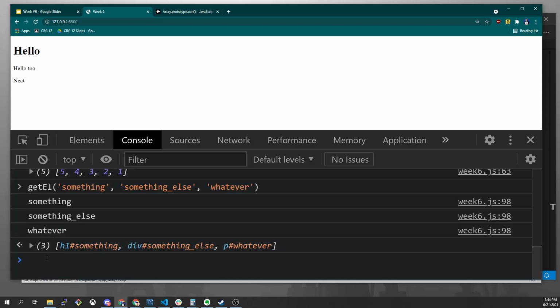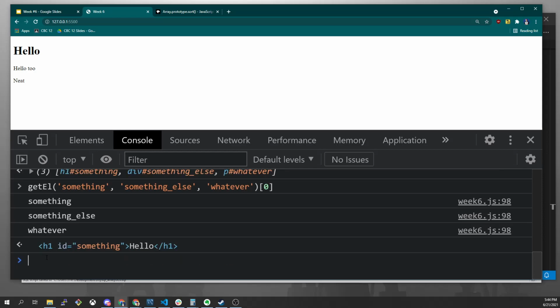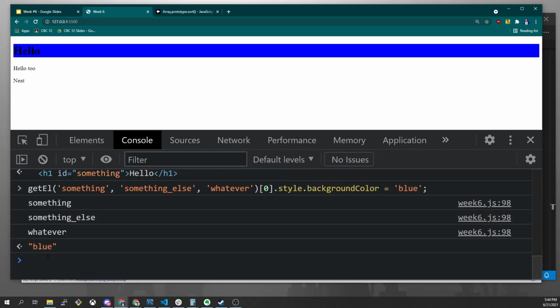So we could say get L something, 0, right? Dot style dot background color blue, right? So that's the kind of thing that you're going to do when you're working with a lot of JavaScript